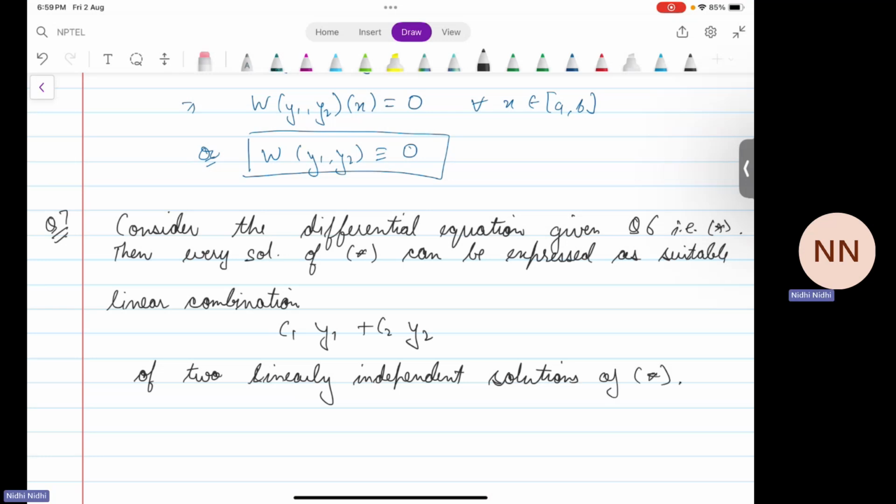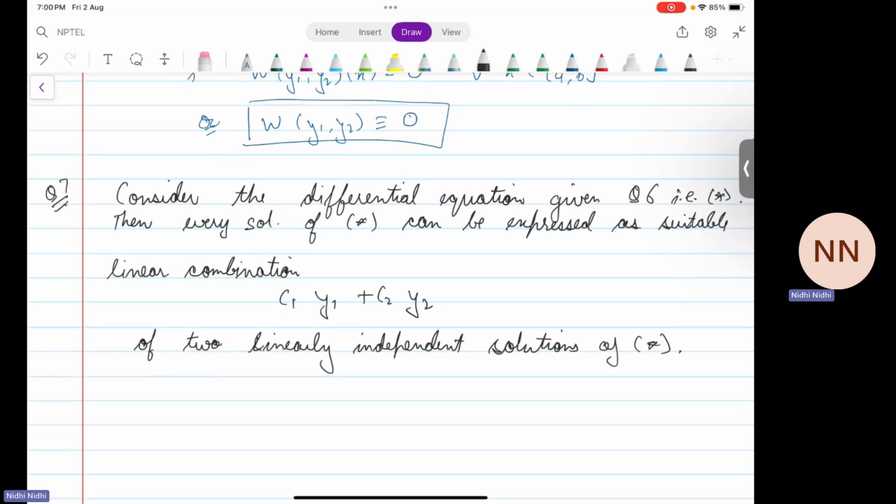That means the question wants us to show that a general solution, any solution of the problem star, can